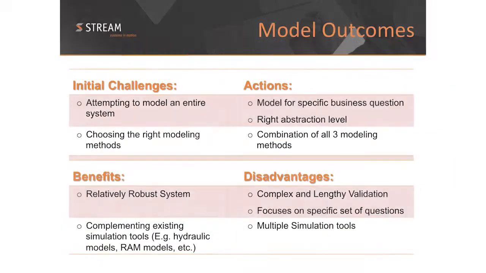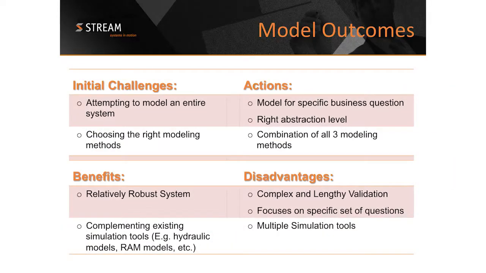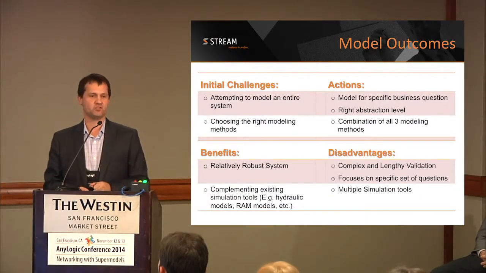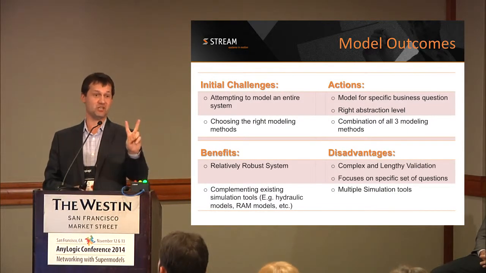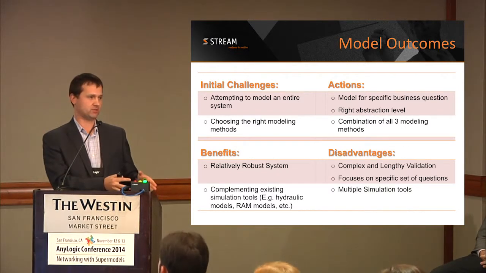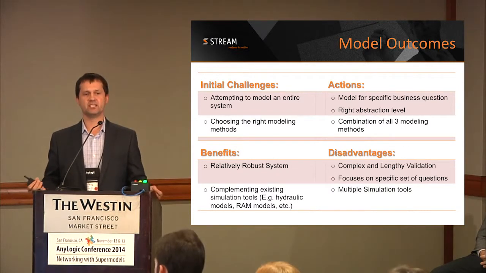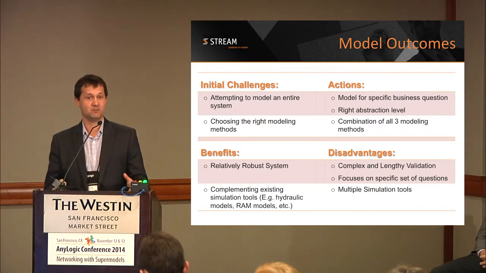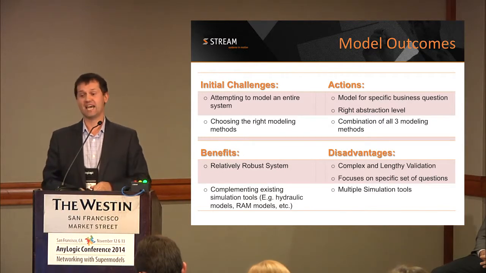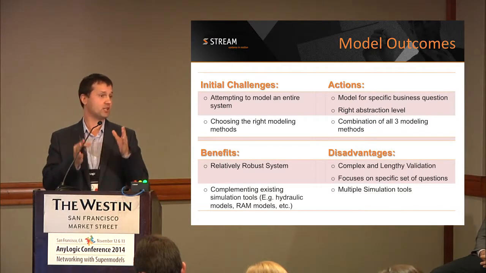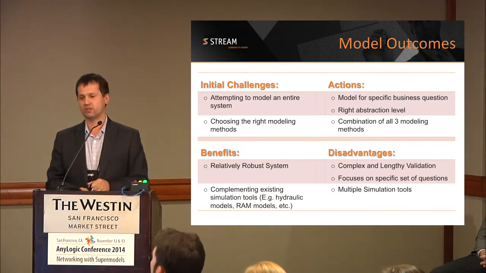Now, the benefit: we had a relatively robust system. As a project team, we were quite proud of what we delivered. The problem is it took 4 months to validate that model. We thought we were going to be done in 2 weeks. 2 weeks, that's all. 4 months. It's not building the model that was the problem. It's validating, because the business asked us to include so much in this model that they didn't know how to test it, because some of the stuff they've never done. That's why that was a bit of a challenge. We didn't even validate absolutely all the components. We validated only the portion that we needed to answer the question.